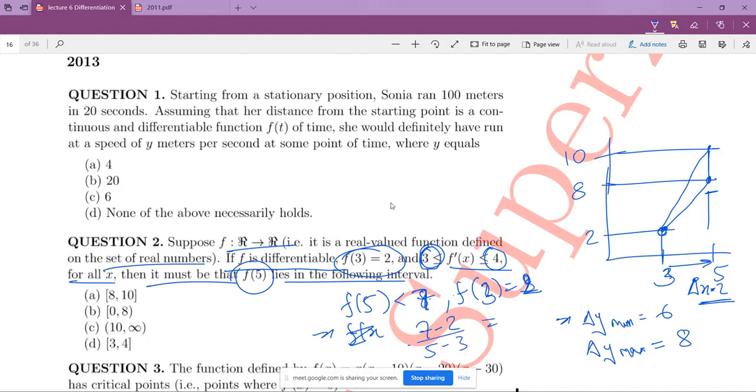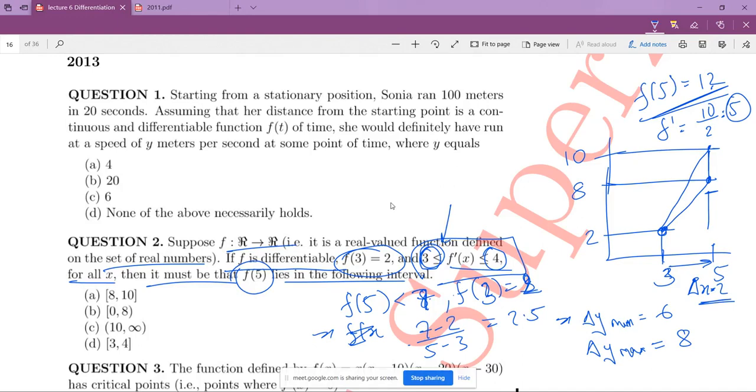that is 2.5, but 2.5 is not allowed because the minimum slope has to be 3. Similarly, take the value of f of 5 above 10, let's say f of 5 equals 12. In that case f prime should be equal to (12 minus 2), that is 10, upon (5 minus 3), that is 2, so it should be 5. So at least at one point f prime should be 5, but this statement says that f prime can be at max 4, it cannot be above that.